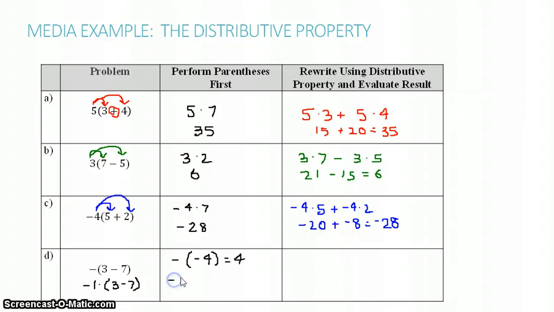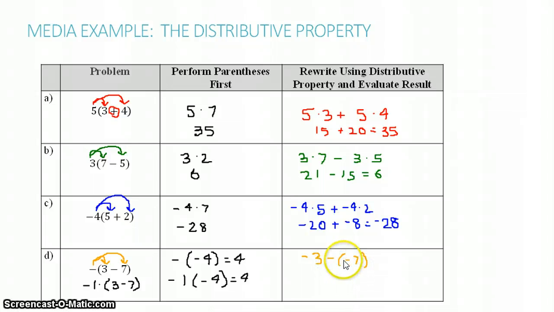Or we could think of it as negative 1 times negative 4, and a negative times a negative is positive, and 1 times 4 is 4. And notice we get the same result. Using the distributive property, we can think of distributing the opposite sign or distributing a negative 1. So, if we think of distributing the opposite sign, we'd have negative 3 minus, this is a positive 7,